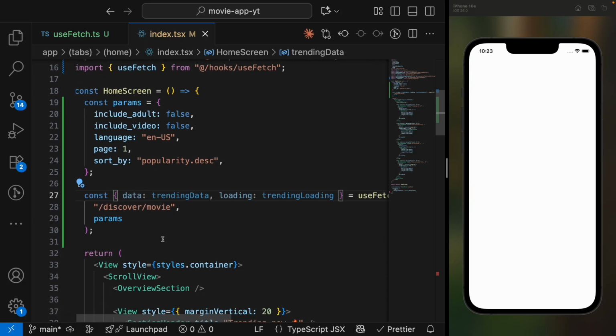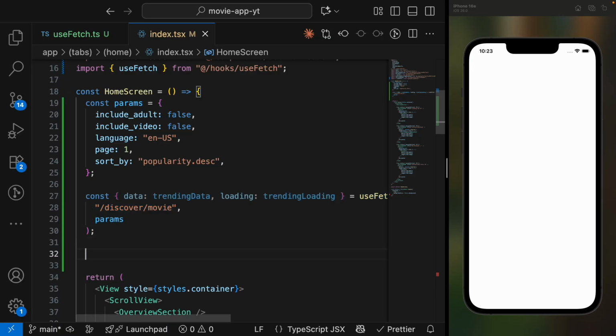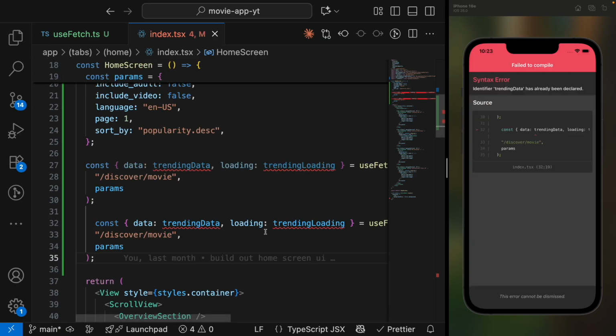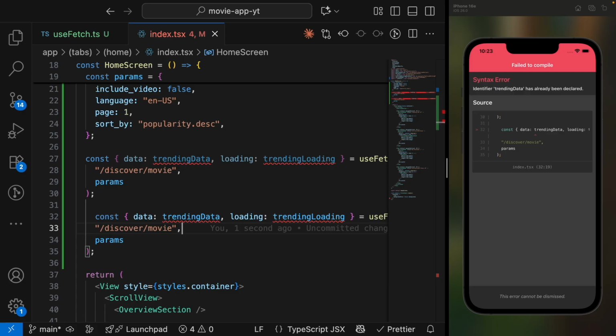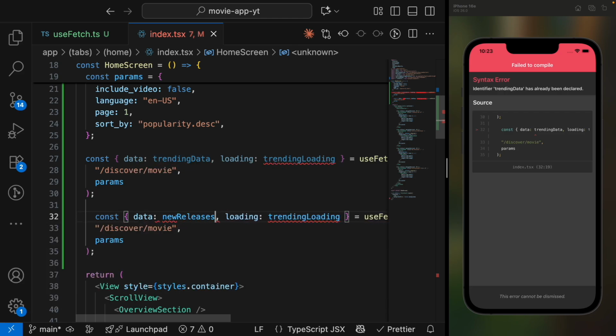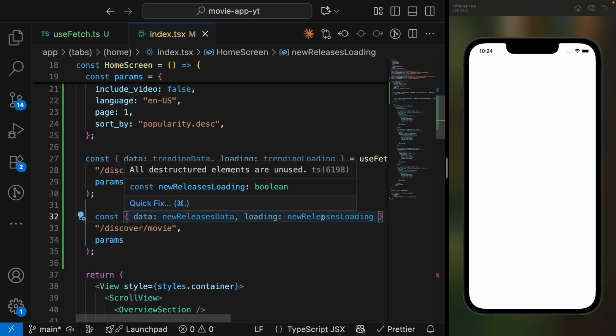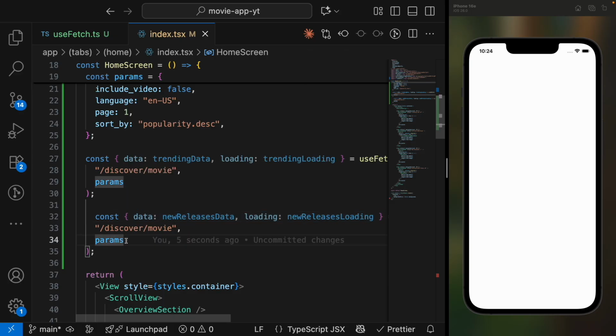So the next set that we want to create, let me just copy this. The next set is going to be the new releases, right? It's going to be the new releases. So instead of saying trending data, I'm going to say new releases data, like so. And then I'm going to say new releases loading, like so. Also discover, but then for this one, we are going to, instead of having, for this params,